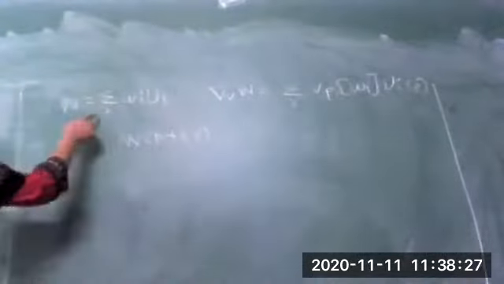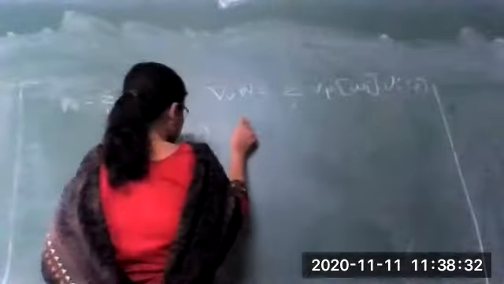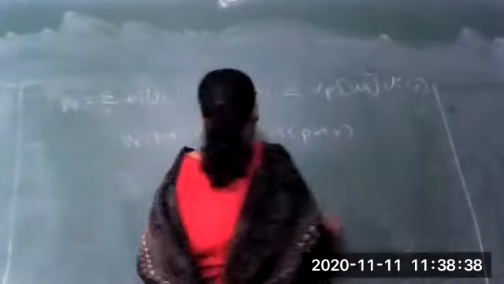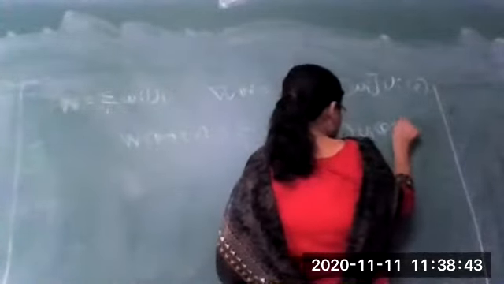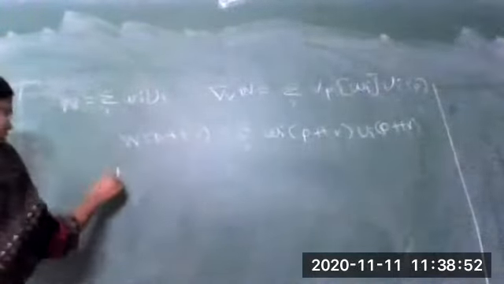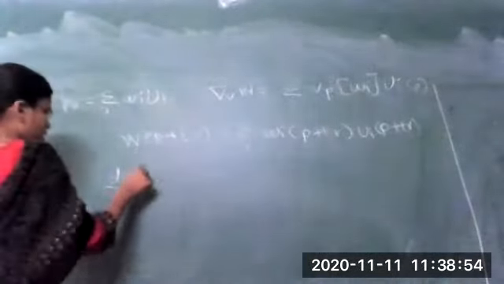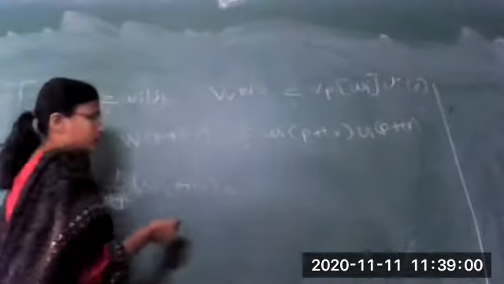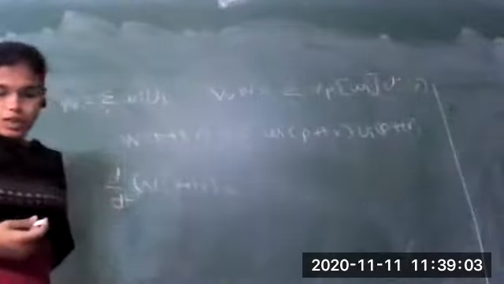What is given to us? Capital W is equal to summation over i Wi Ui. So I can write this directly as summation over i small Wi of P plus tV and Ui of P plus tV. Now by the definition, we have to differentiate this. The differentiation will be d by dt of W of P plus tV, that is, we have to find the derivative. But what are Ui? Ui are nothing but your natural frame fields.